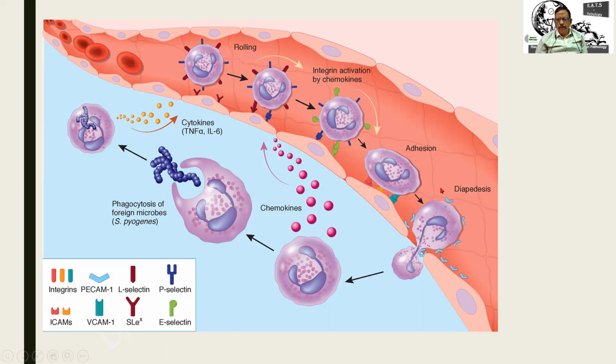This is a beautiful schematic diagram. We had touched upon it in our last class itself. Let us see what happens. Normally, as I had mentioned earlier, there is an axial flow of the cellular elements of blood. Cellular elements means it can be RBCs, WBCs, and even the platelets. But what happens is whenever there is a stasis, inflammation, edema, you find that there is a slowing down of the circulation in that particular direction or particular site.